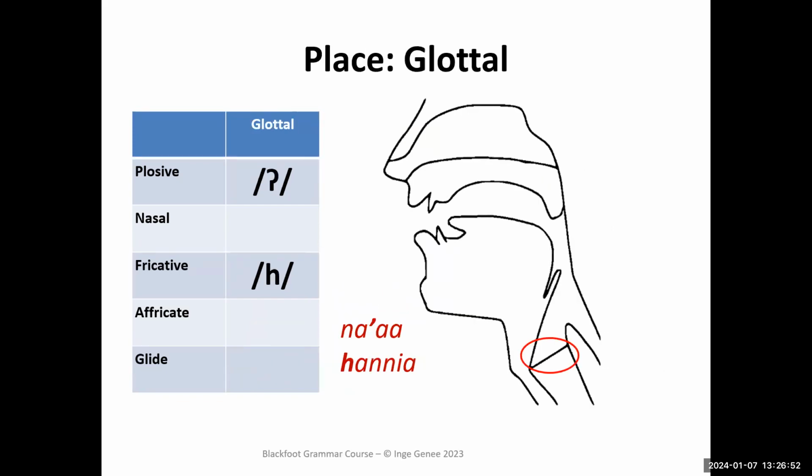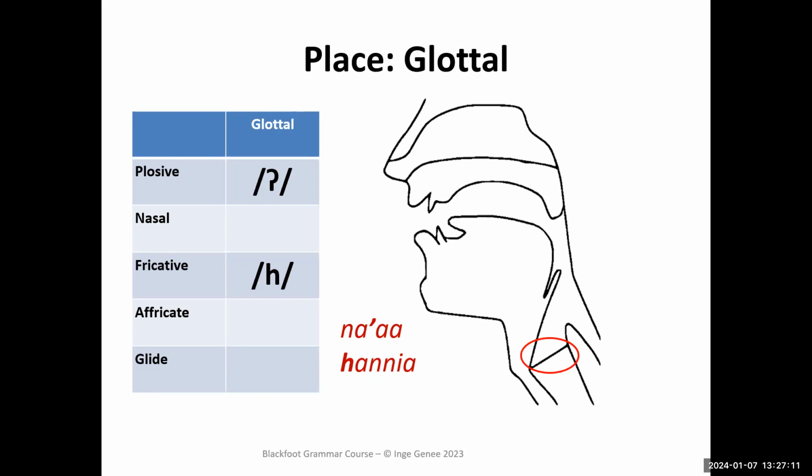Glottal sounds are made at the glottis. The first one is the sound called a glottal stop or glottal plosive. It's a little popping noise made by opening and closing the vocal folds. If you put your finger against your Adam's apple and you say